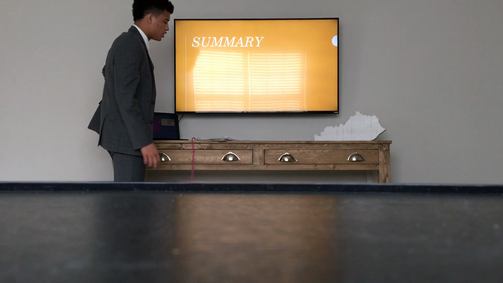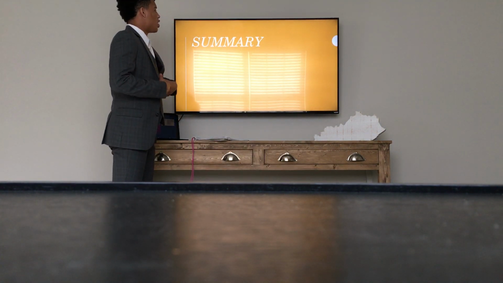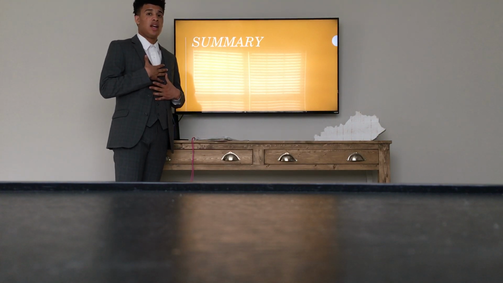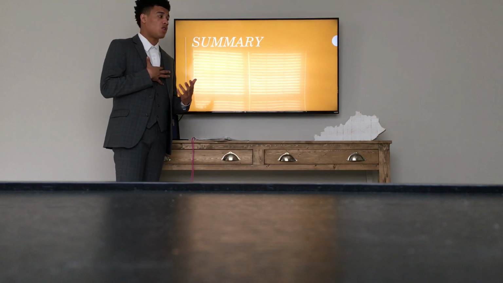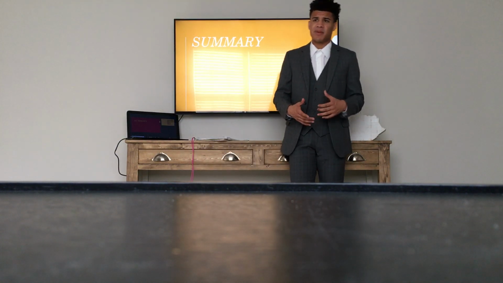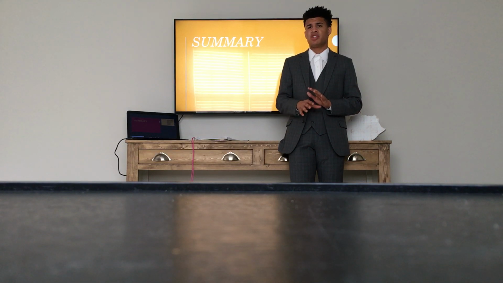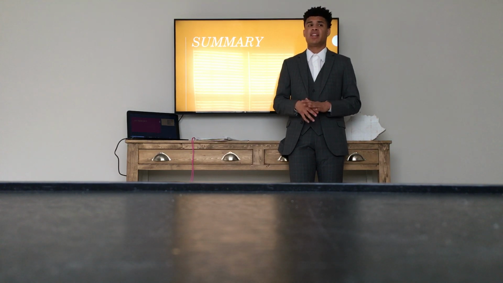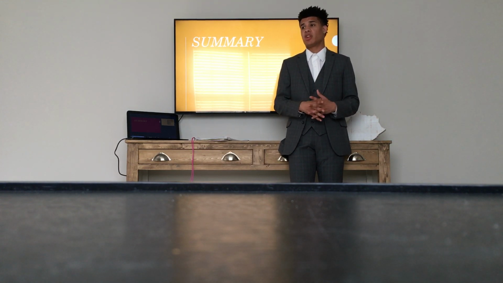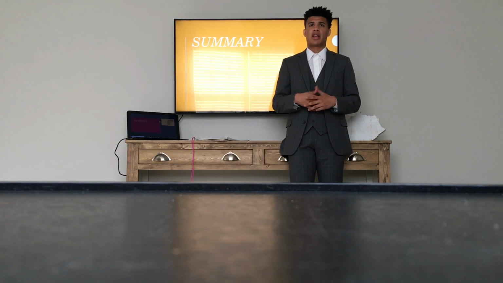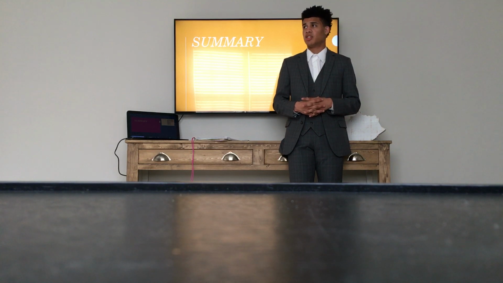So, a summary for today, what I've talked about today. I went over what is climate, what is climate change, how is climate change affecting us, how is it affecting Brazil, Rio de Janeiro, Sao Paulo, and I did connect climate change with the region, that theme of geography. However, I did touch on some other themes of geography, just because climate change is an issue that affects a wide variety of things, and it's hard to focus on one thing specifically because it's really a domino effect, as in this affects that, which affects this, which affects that. So it kind of just rolls on top of each other. There's a lot of negatives, a lot of drawbacks to it, but